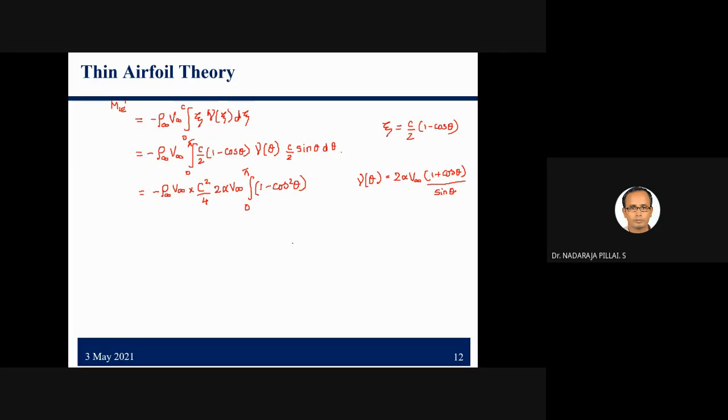Finally, we can write 1 minus cos square theta into d theta. Right? So, by reducing this, we can write finally